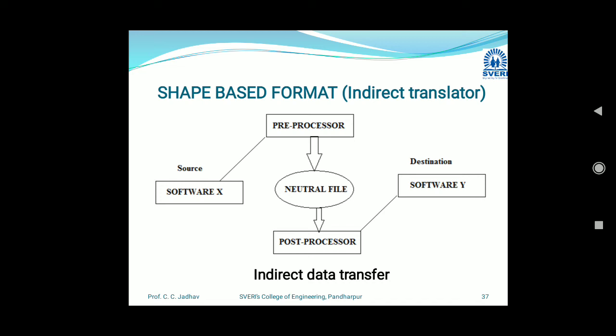Before going to the indirect one, we will see some information regarding data exchange. Another need of data exchange may occur in places where drawings or models are to be given externally to another organization who may not have the same software for CAD/CAM. Means we are using data exchange for what purpose?